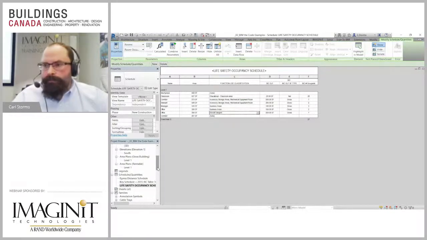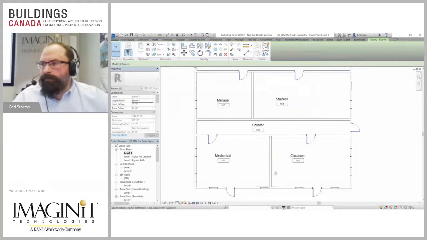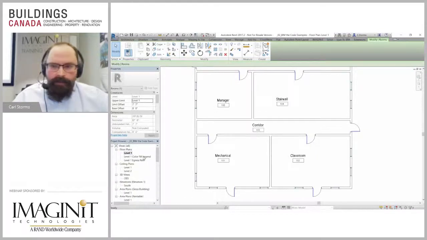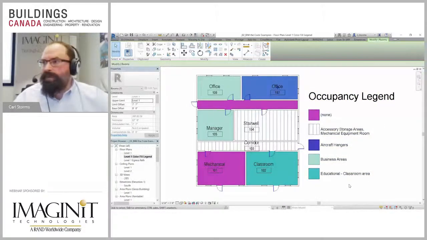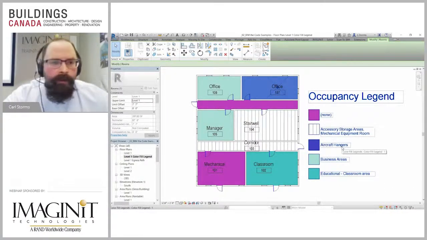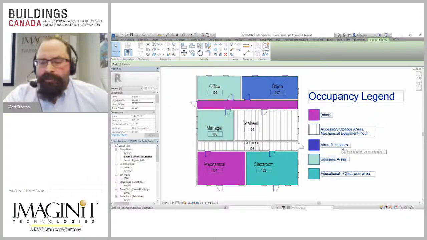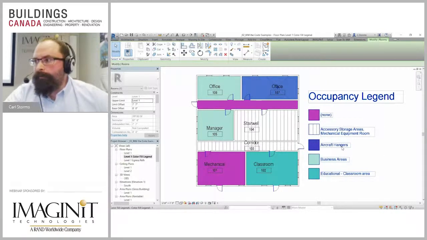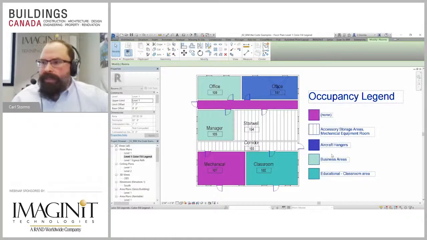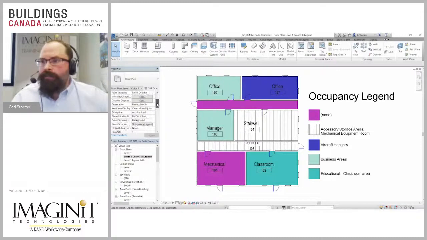If I go back to my level, we see we've got our information in here. If I go to see it as a colored filled legend, once again, we have our models and it tells us our information, and we now have our office that's an aircraft hangar available for us. And again, it's a very quick and easy way to put this information inside of your model and to bring it through. Now, if I scroll down a little bit here and we decide that we want to do something a little bit different,